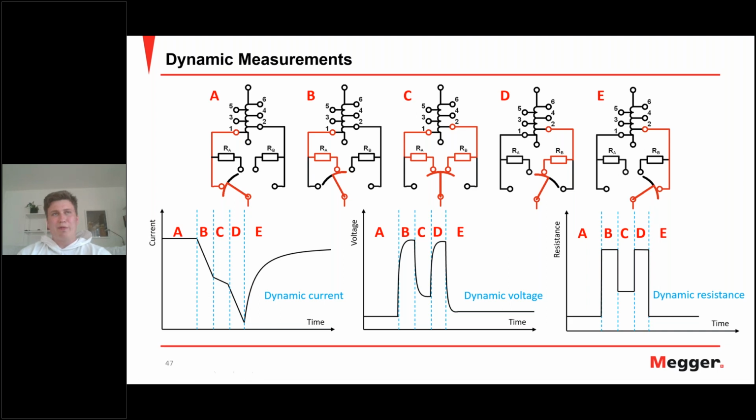So in theory, if your instrument can perform winding resistance measurement, it could also perform dynamic resistance measurement. You just need to measure the signal with a high enough sampling rate. There are some numbers going around, but usually 10 kilohertz is what we and some of the competitors use as a minimum to be able to get a high resolution of the current when it goes from this stage. But then, for example, in tracks, we perform this dynamic resistance measurement where we get the resistance graph,